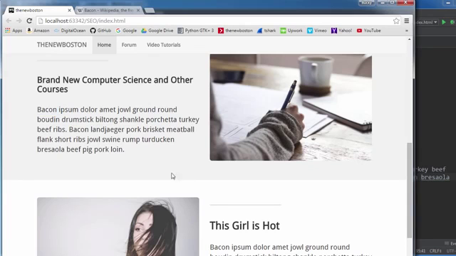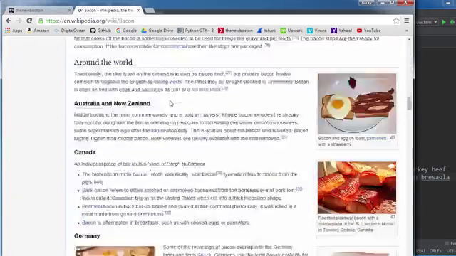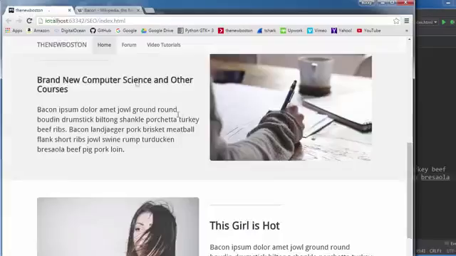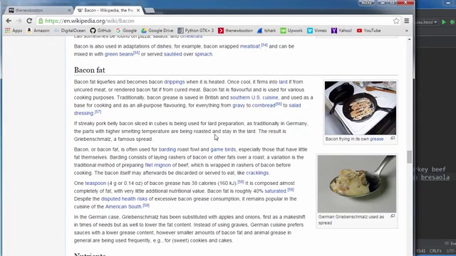Now, one of the last things I want to talk about is content length. So let's say that you're making some website about bacon. Let's stick with that. And you had a bunch of content, maybe like 5 pages worth of information. So now you have to decide, should I stick these on 5 different pages, or should I just have one long article about bacon? And the answer is, dun dun dun, one long article. Content length is key.